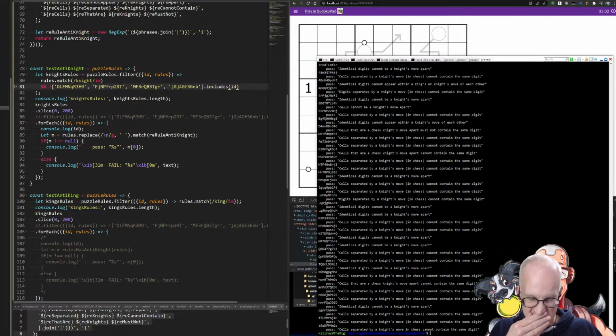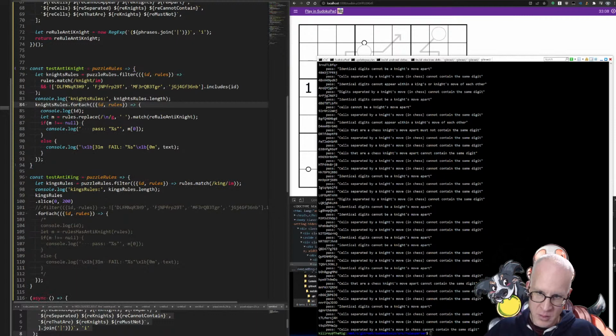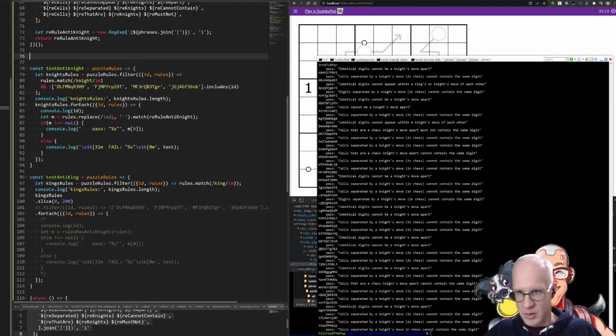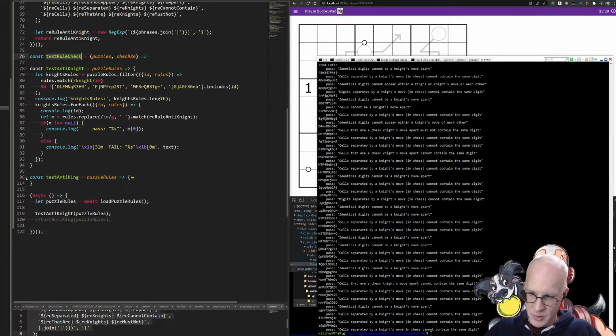Right. So because now this is the number of rules we have. We're going through all of them. Because now what I want to do is const test rule check, and we're going to get rules, or just call them puzzles, and check RE, right? Because now what I want to do is,